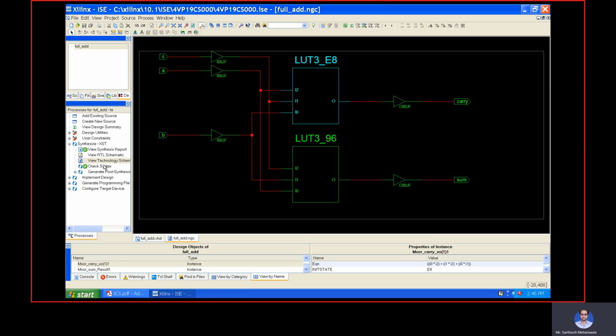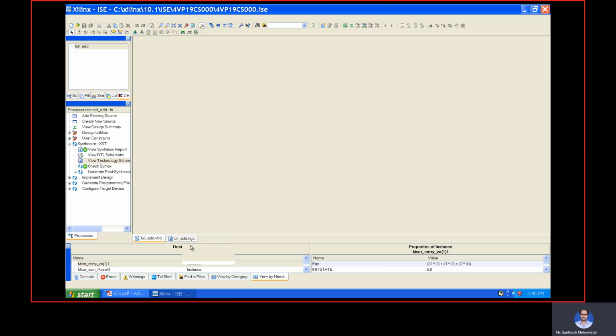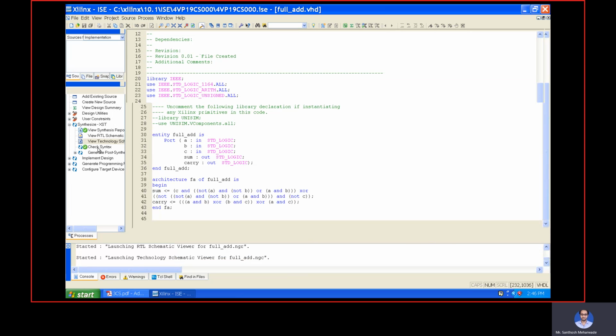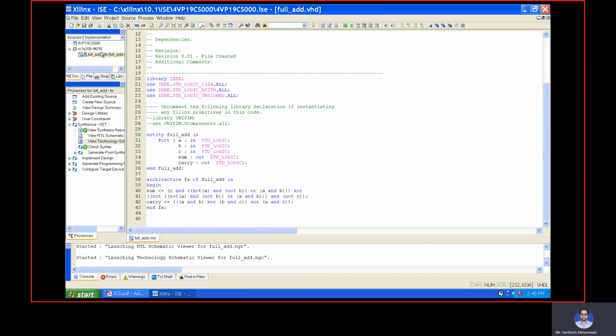So yes, the syntax is proper. Now let me close all those things. Next I have to apply the waveform. For that I have to create the test bench waveform. So click on this file, and next click Source.